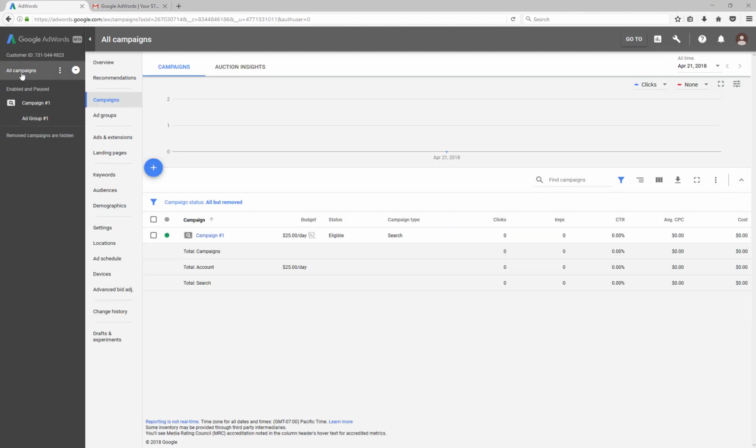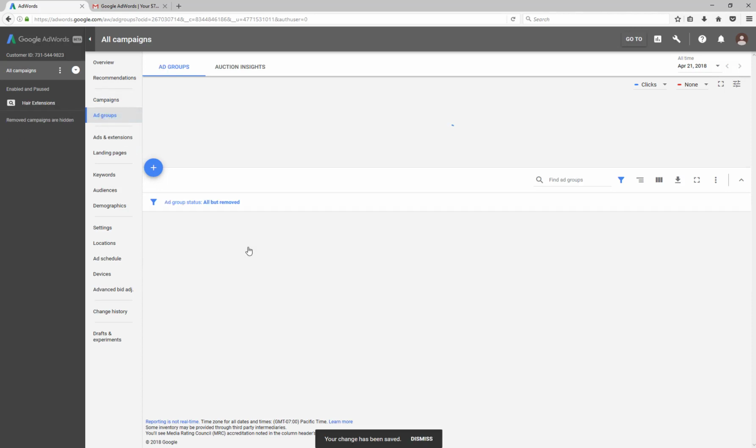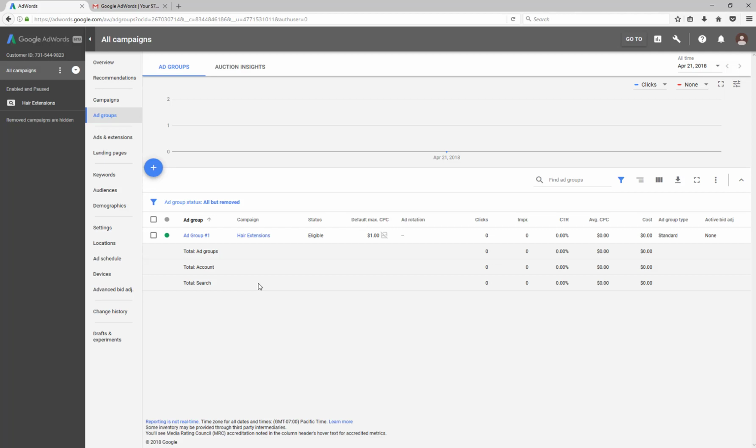Alright, so to rename this, what I'm going to be doing is clicking all campaigns, then campaigns, and then I can just click this right here, and this is just going to be a straight up campaign to sell hair extensions. So I am going to call this just hair extensions. I'm going to save that, and then within my campaign I am eventually going to have two groups, but I have one entered right now. So let me just rename this ad group 1, and I'm going to call this, I guess,